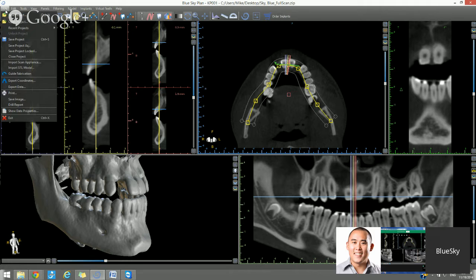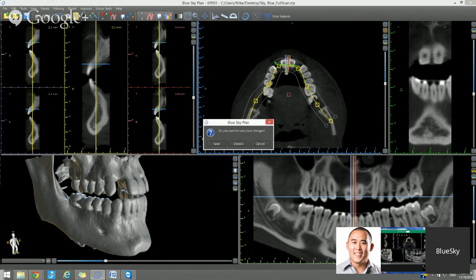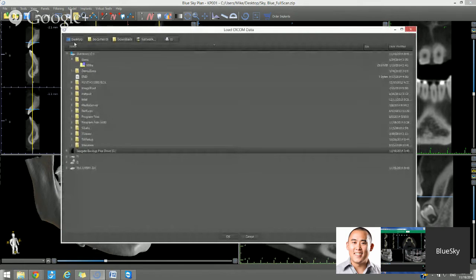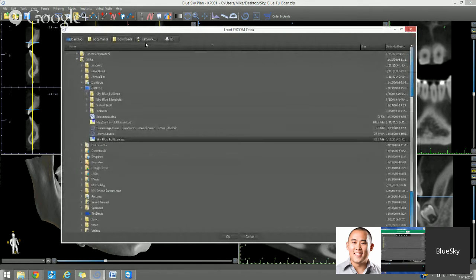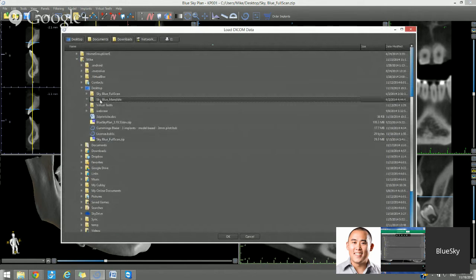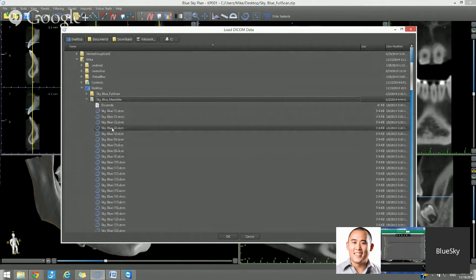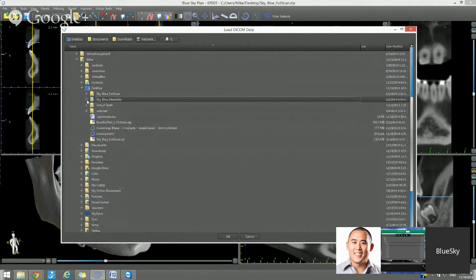To start a new case is File, New Project. It will be a review for everybody else. Here you have the shortcut buttons to navigate to your computer. You could select either a zipped folder containing DICOMs, or a folder containing the DICOMs, or the DICOMs themselves. Any of those would work. The software will also search within the directory to see if there's multiple DICOM sets. And you could also load the zipped folder without even unzipping it. You could just select it, press OK,